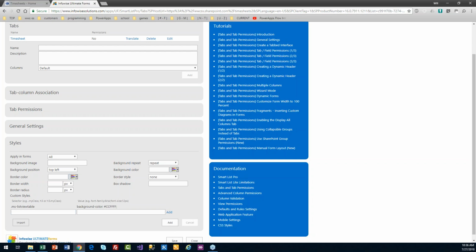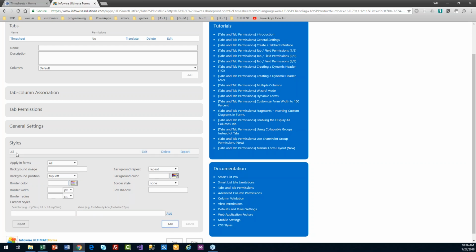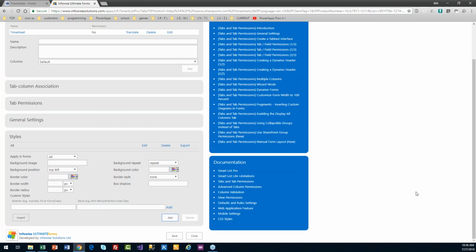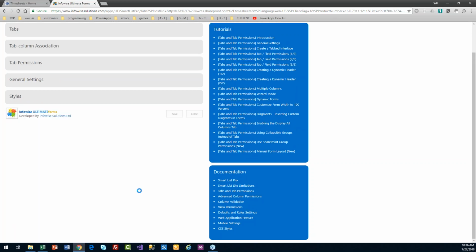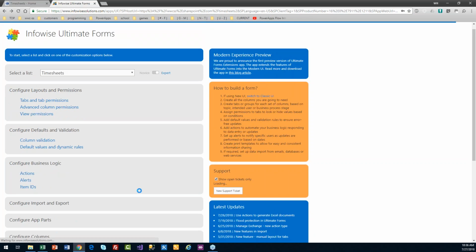So I just add that, and then this is a set of style entries. I'm going to click the add button right below that, and boom. Okay, so now you can see I've got that in there, and I'll save. All right, so